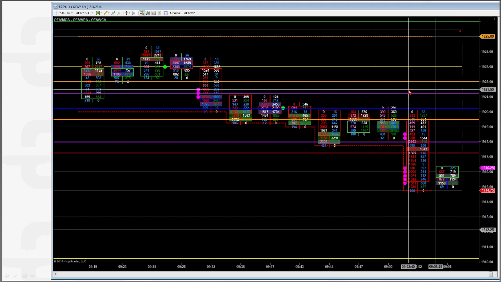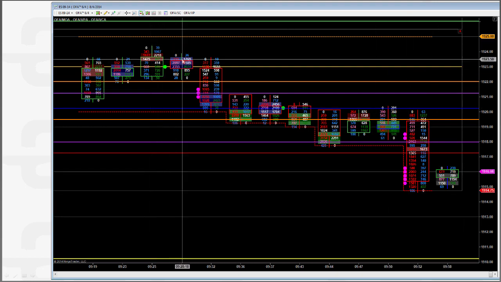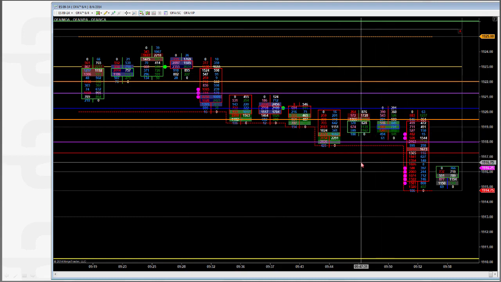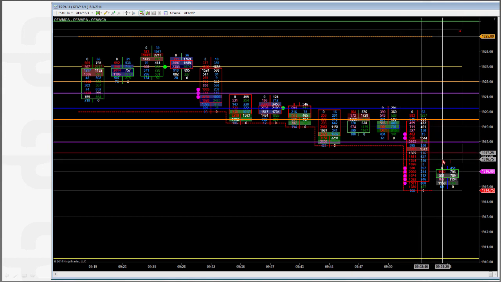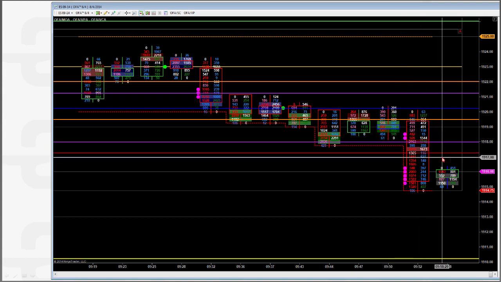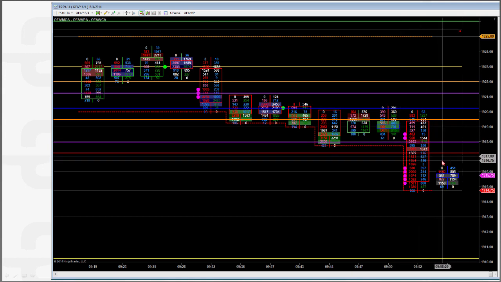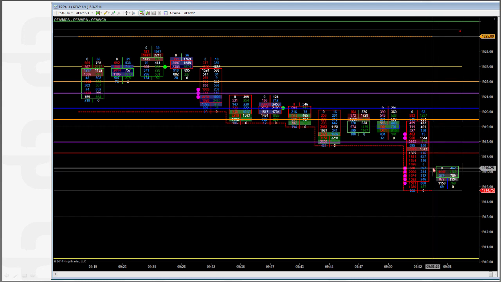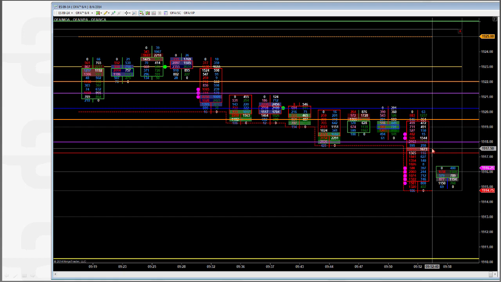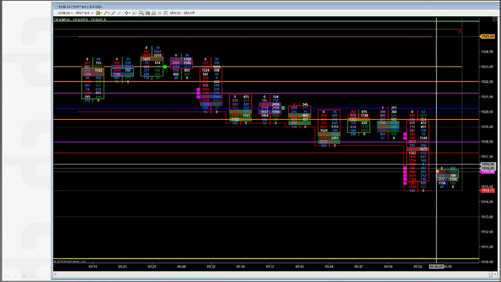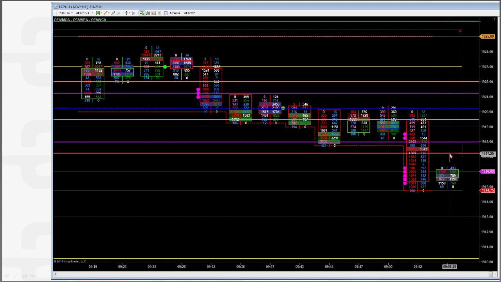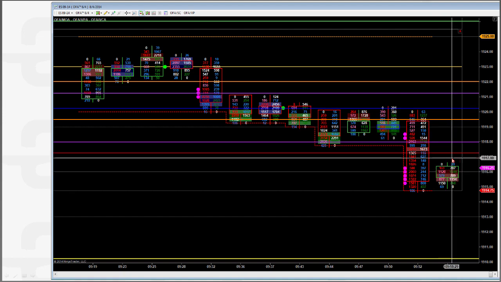So by combining the print and reading the print as a process, this is the other thing I love about the volume profile, it is so visual. Just looking at the structure of the volume profile, all of this activity is what I would call very weak structure in the market. So I would be looking for a pullback up back to this area,